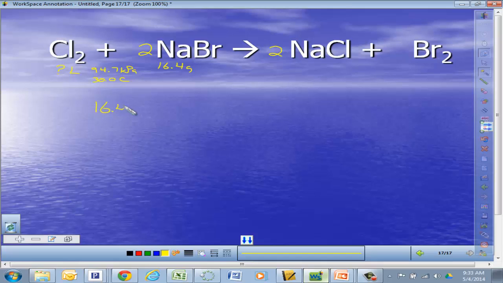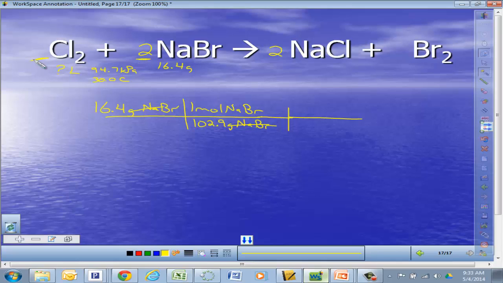So if I start off just like normal, you've got to do this first. 1 mole of NaBr, if I add that up, is about 102.9 grams NaBr. Grams NaBr cancel grams NaBr. Mole to mole ratio, from the balanced equation: 2 moles of NaBr is going to be 1 mole of Cl2. And then 1 mole of Cl2,